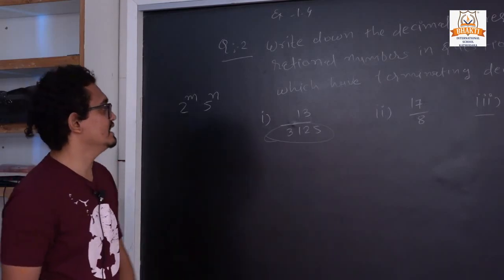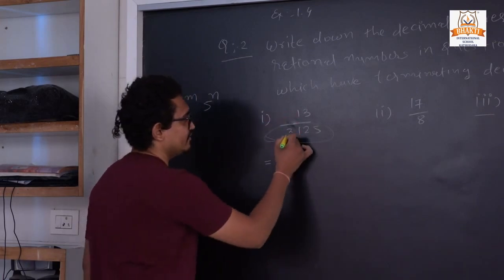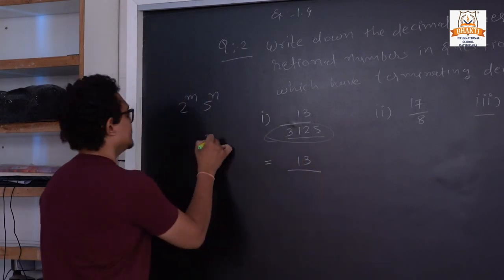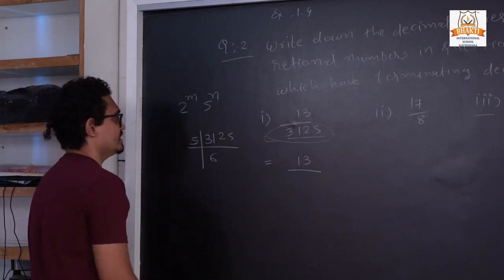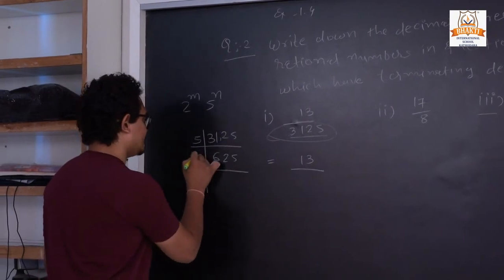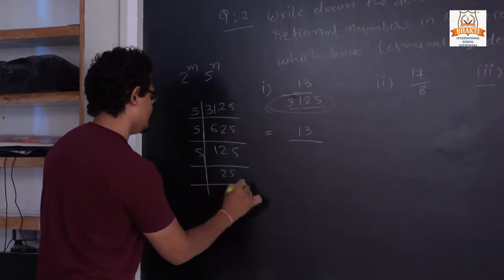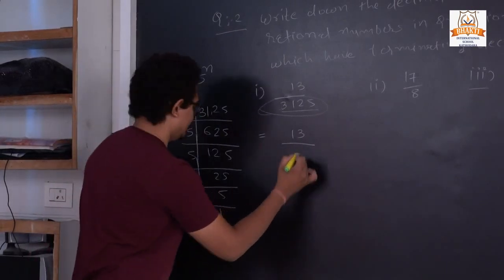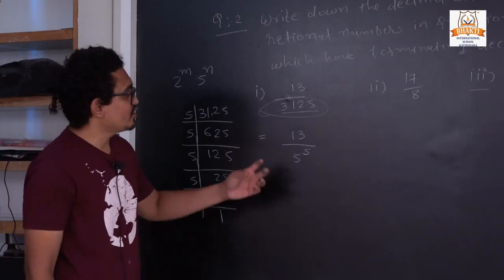So how can we convert that? For that, in sum number 1 we can find its factor. So its factor is like that: 3, 1, 2, 5. If it is divisible by 5, 5 6s are 30, so here we have a 1. So we can already find its factor in question number 1. So here we can write 5 raised to 5.